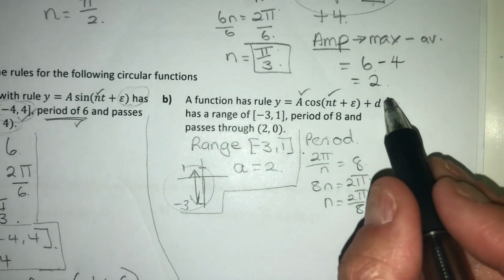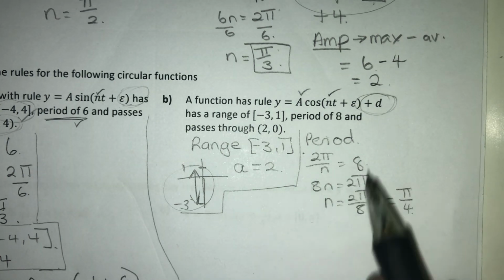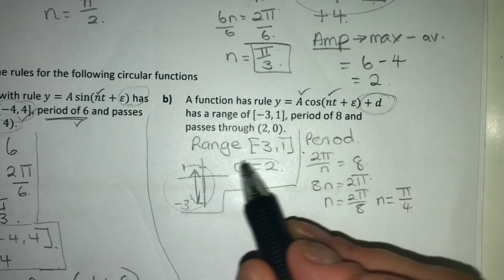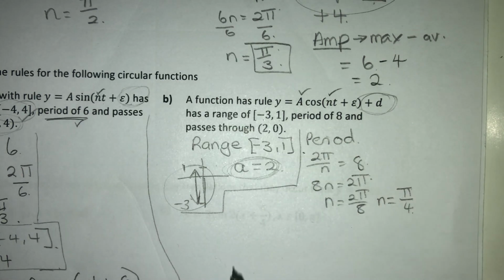All right, so let's have a think about the N there. If we know that our amplitude is 2, and we've got to get to -3 and 1. So amplitude